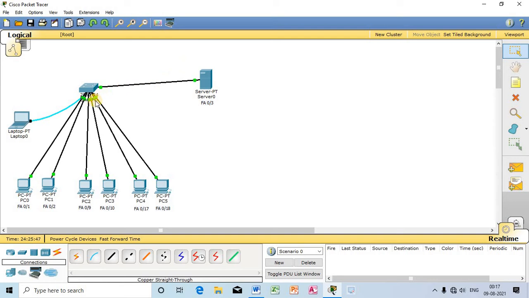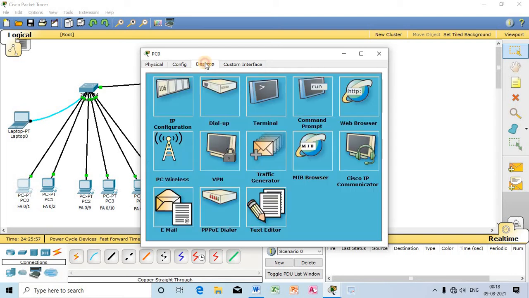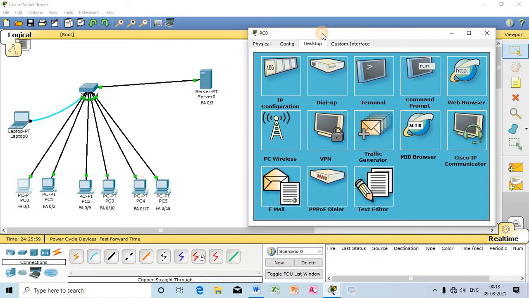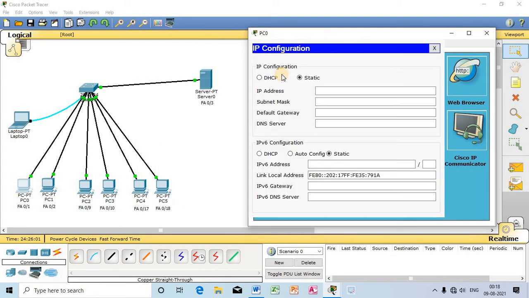First I will try to assign the IP address in this particular computer. I will open the computer, go to the desktop menu and click IP configuration. I will not use the static option because I am not going to provide any static IP over here.